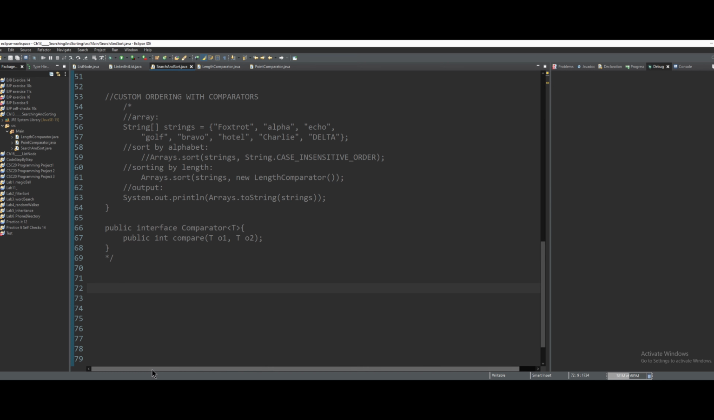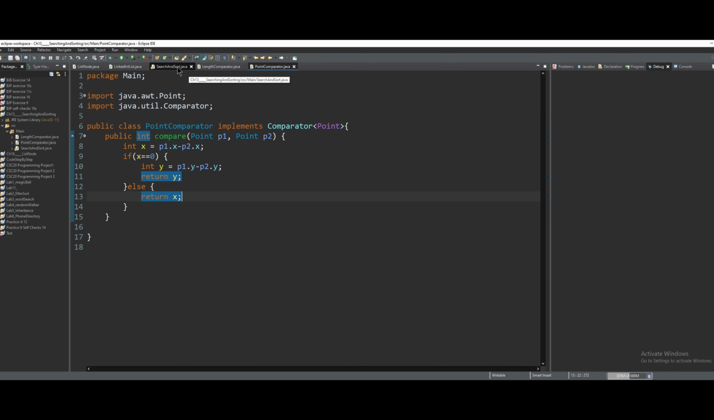Before we write our code, it's important to understand that we are creating a separate class as our comparator. We are not modifying the point class itself. It's one of the main benefits of comparators. You don't need to modify the class being ordered. The following code that we're about to do uses the PointComparator that we made here to sort an array